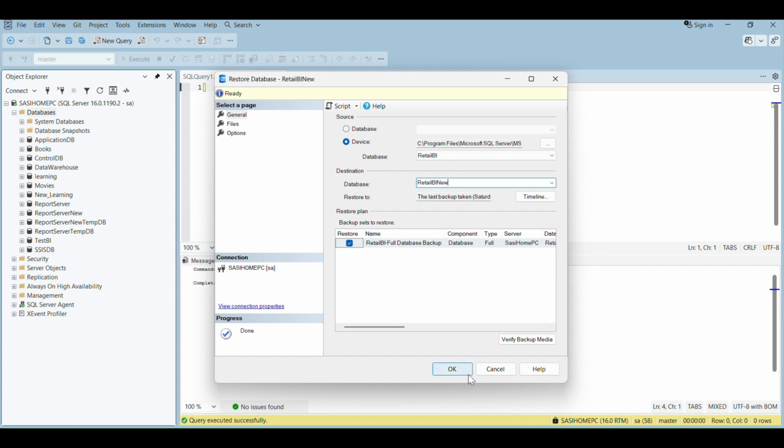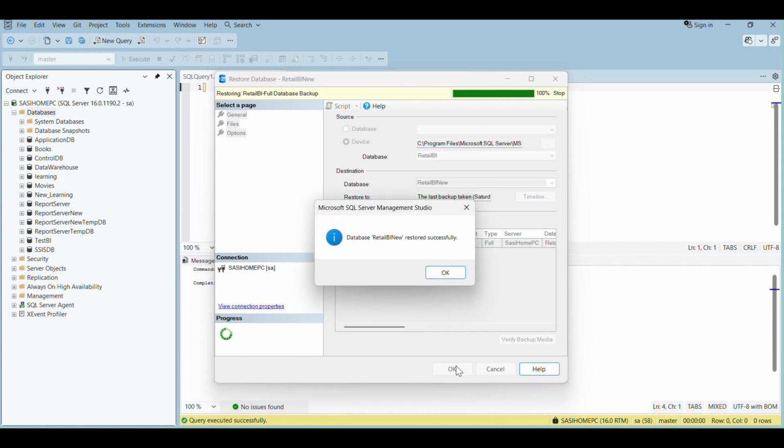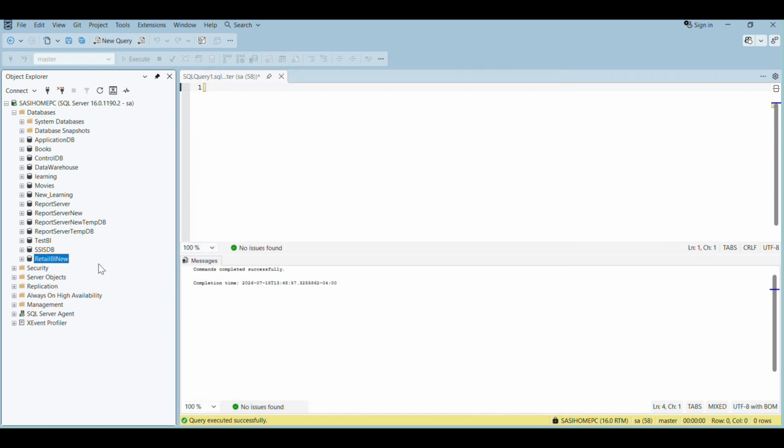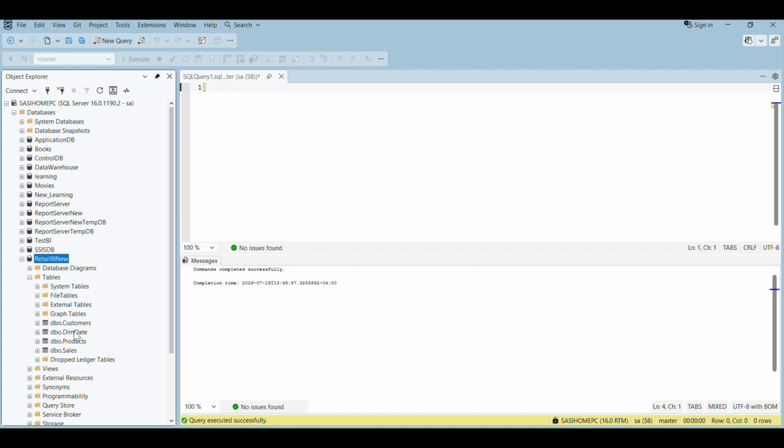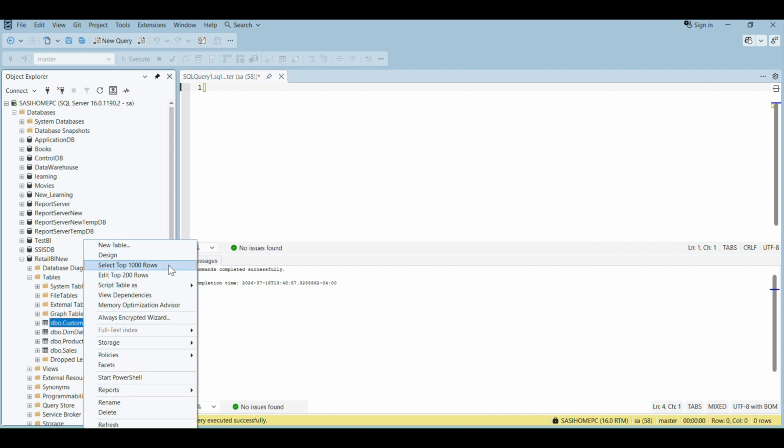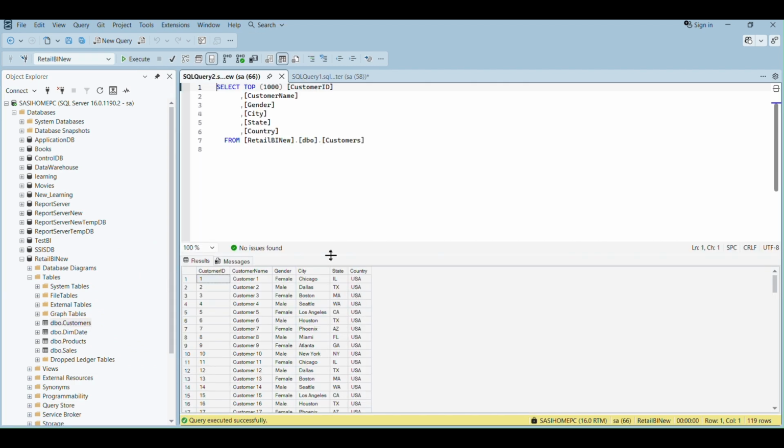So click OK here, and database restored successfully. That's it. That is the confirmation. You'll get it, and down below you'll see the new database got created. From this one you will see the list of tables already from the backup that you had before. Customers tables, everything. To validate, you just try to check whether the database has the records and everything as